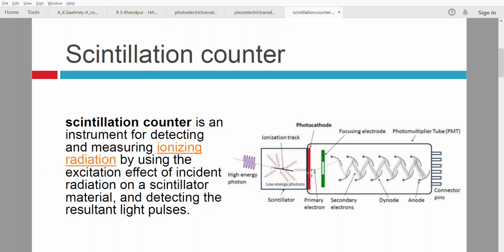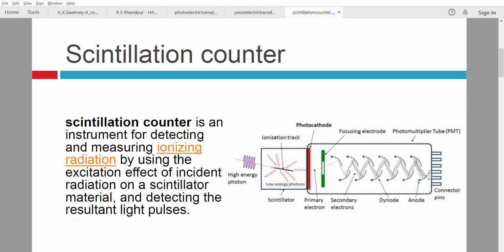If you see, there's a photocathode. Radiation falls on the scintillator, and due to it there is production of low energy photons. Once these low energy photons come, they produce electrons, and these electrons are focused by different dynodes, which in turn amplify the produced primary electrons. These primary electrons produce secondary electrons, and they become more and more, like an avalanche or chain effect. So when they fall on the anode, they become stronger, and